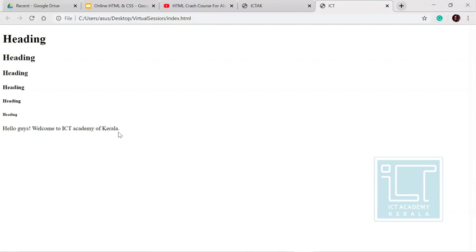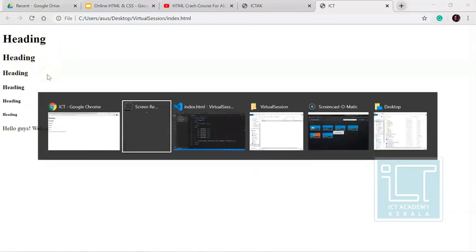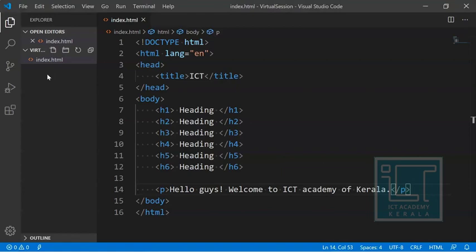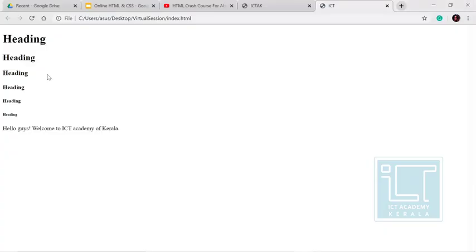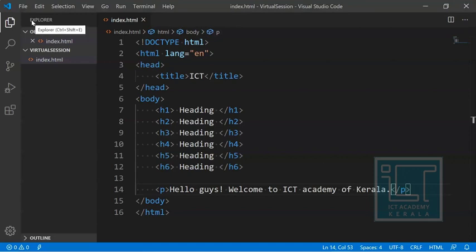Okay. So I feel what you right now feel is each and every time that we are writing in our Visual Studio Code, in order to appear in our browser, we need to reload or refresh this particular browser each and every time. So that's a bit hectic, right? So I have an idea for that. I have a shortcut for that. We have a solution. So what is that is we have an option called Live Server.